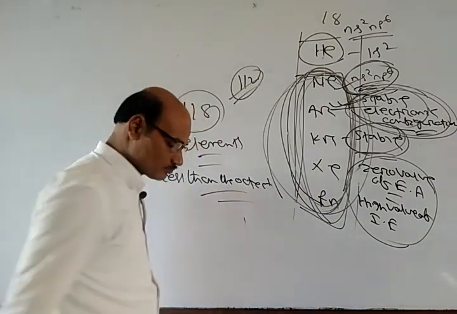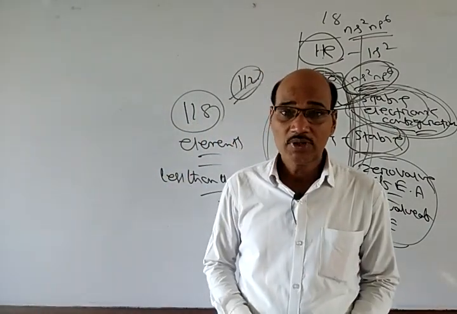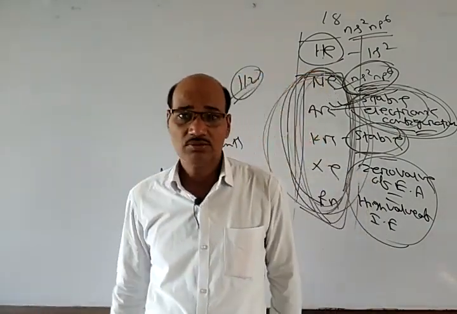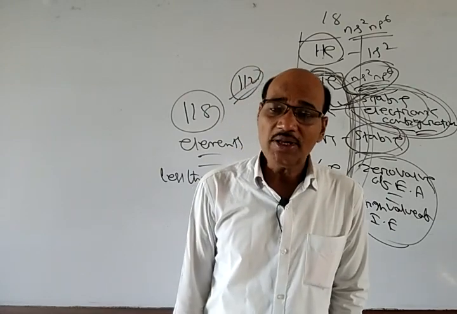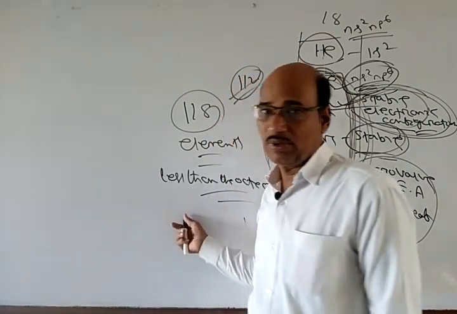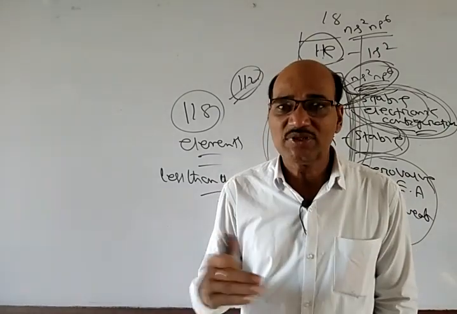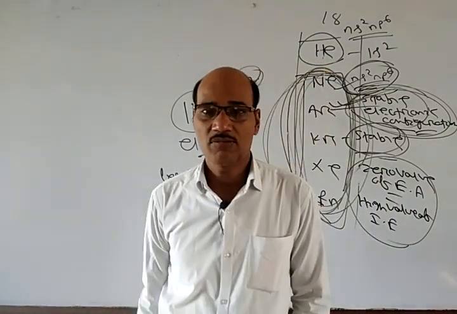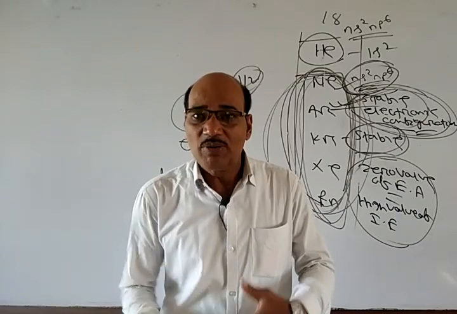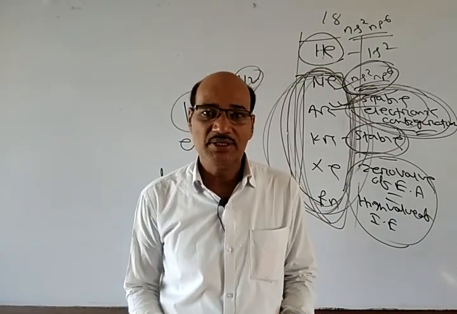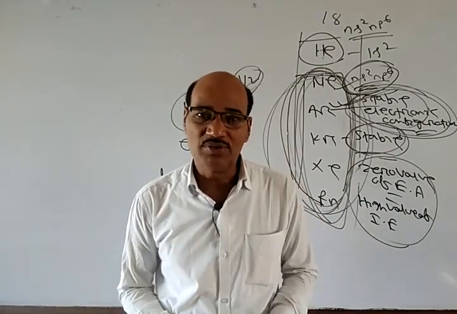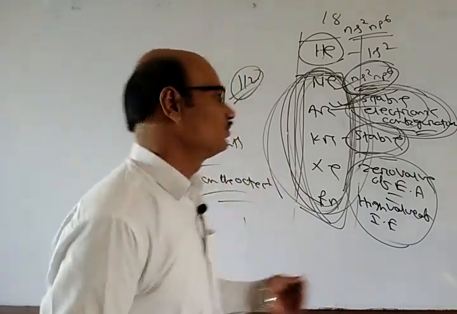So because the elements do not have this stable octet, they are combining with other elements, and by this combination, a new thing is formed, called the chemical bond. Okay.